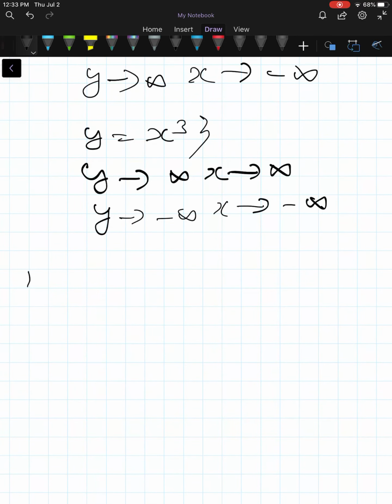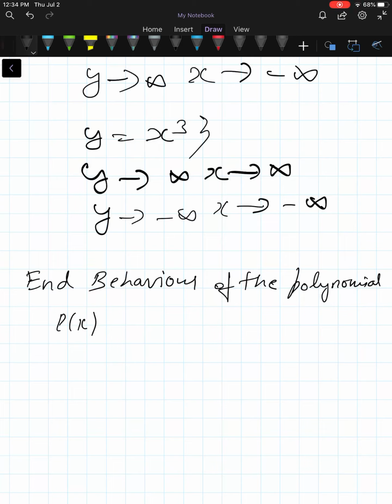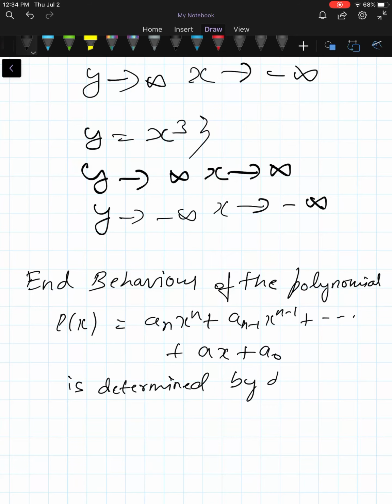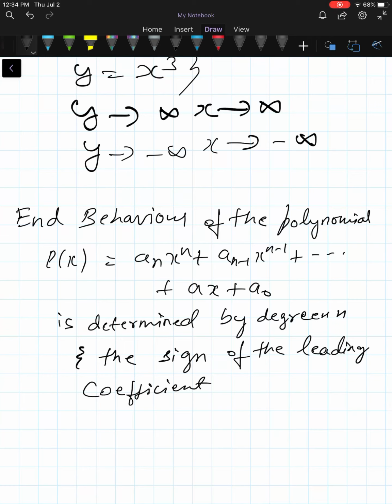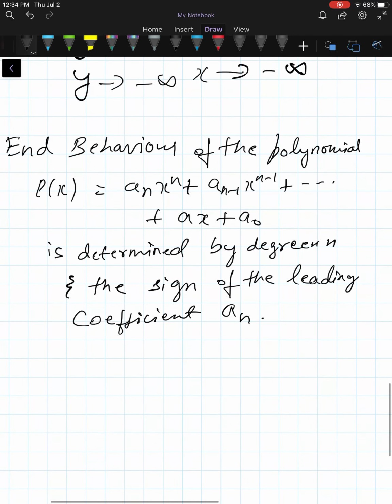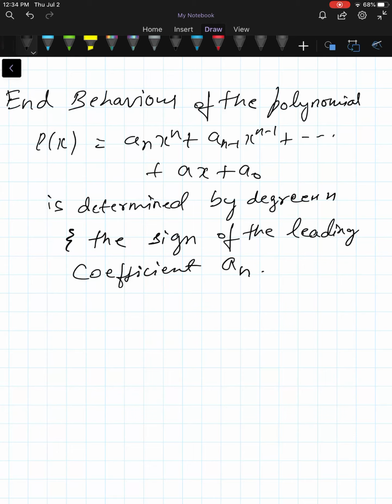So to sum up whatever I said now, the end behavior of the polynomial p of x, which is equal to a_n x to the power n plus a_(n minus 1) x to the power n minus 1 plus and so on plus a_1 x plus a_0, is determined by the degree n and the sign of the leading coefficient a_n, as indicated in the graph. So the graphs that I will be drawing are